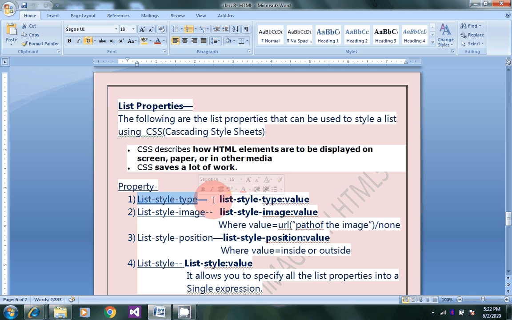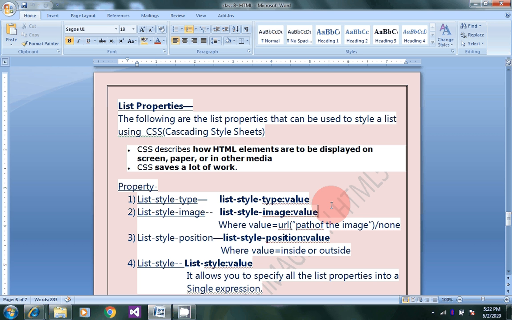The syntax is list-style-type and value. This property gives the value of the ordered list, that is 1 2 3, or from 0 1 2 3, or in Roman numerals or alphabetic markers.